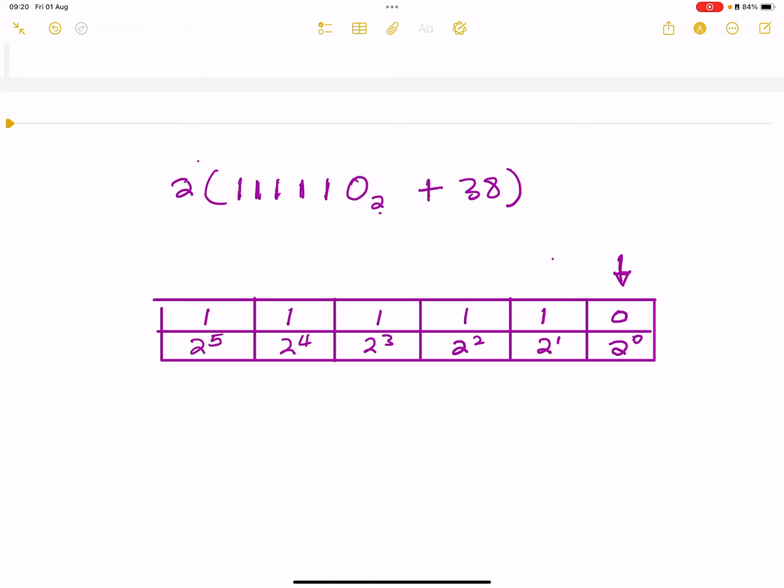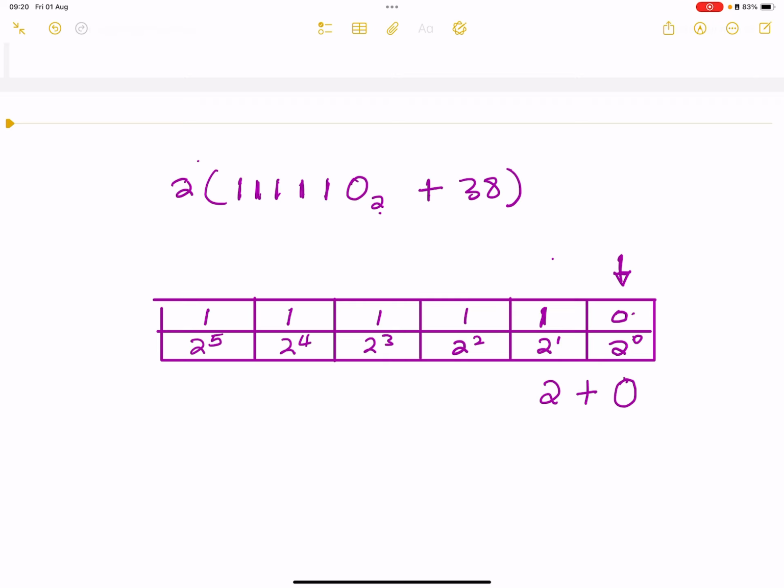We're supposed to have 2 to the exponent 0 giving us 1, but because we've got a 0, we're not going to add that. So that becomes 0 plus 2 to the power 1. We've got a 1 there, so that exists, so that's 2, plus